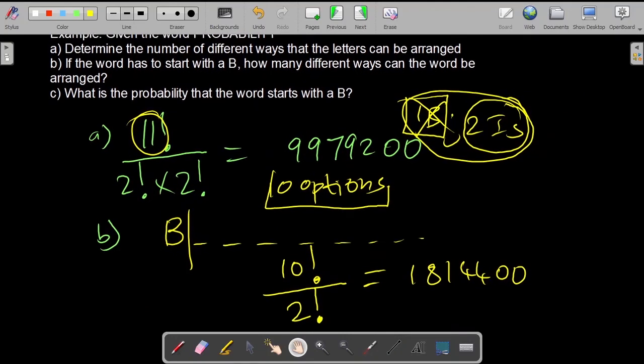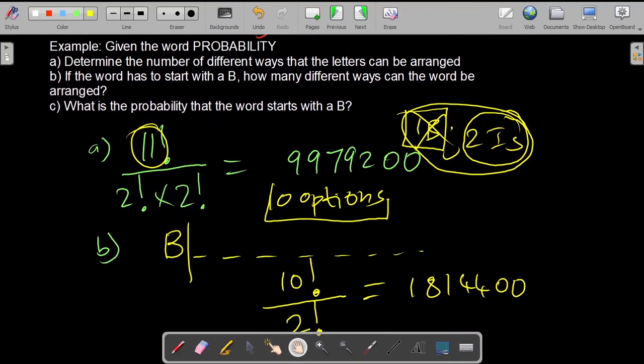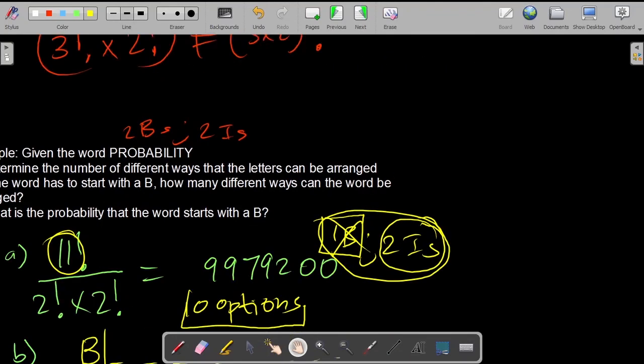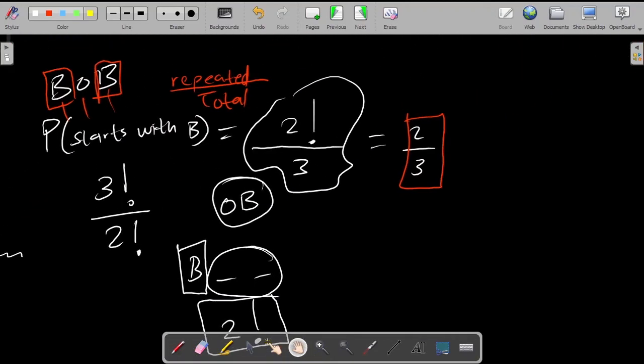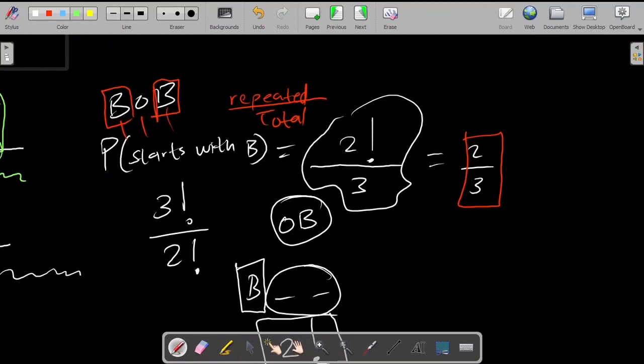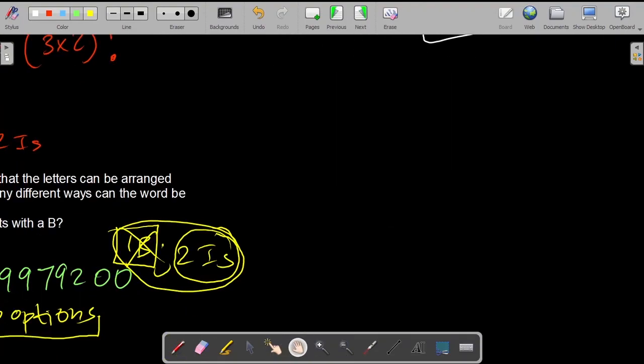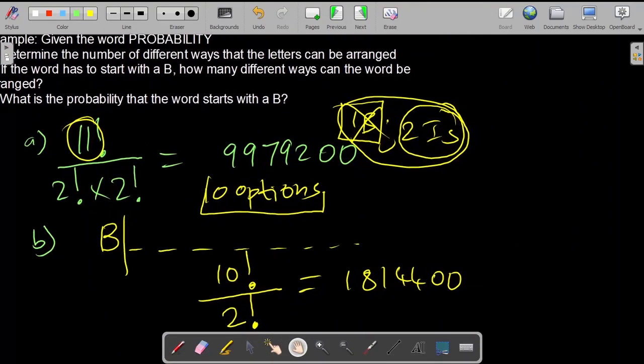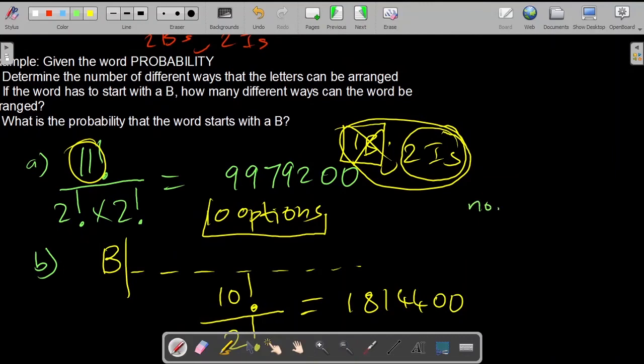Now, the final question says, what is the probability that the word starts with B? And remember what I said about probability. We count the number of times that a certain thing happens, then we basically divide by the total. So I just write that again down here. So we're going to count the number of times that we can have something, then divide by the total. Now the question is,